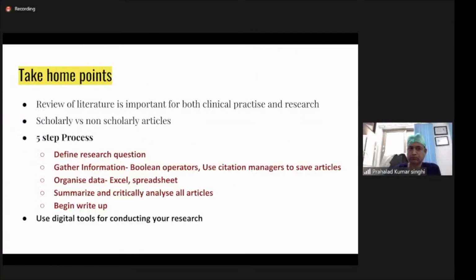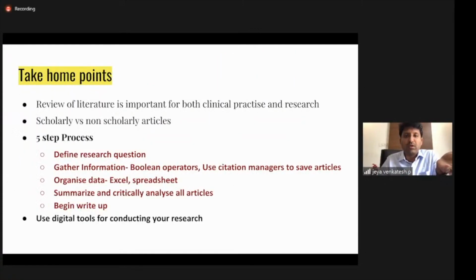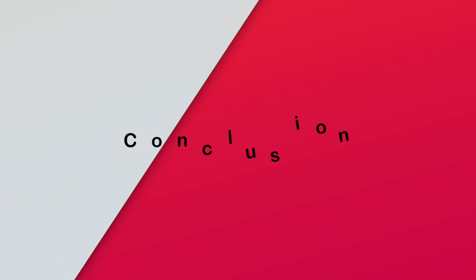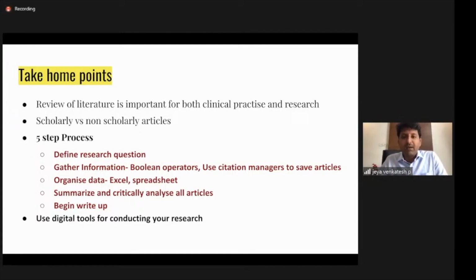These are the important tools which I think will be useful for postgraduate students while they embark on their journey in thesis writing. To conclude, review of literature is an important part of clinical practice as well as research. We should focus on getting information from scholarly articles, and there is a 5-step process, starting from defining the research question and gathering information from the internet or from textbooks. You can use Boolean operators and citation managers to use Google to save the articles. Then organize the data using spreadsheets or mind notes, and summarize and critically analyze all the articles,